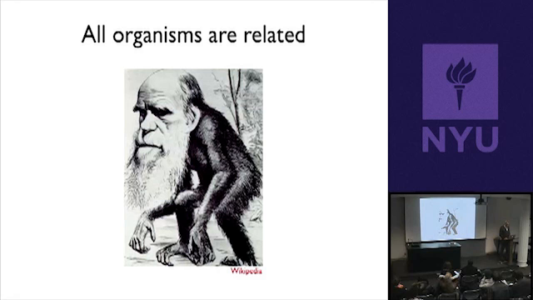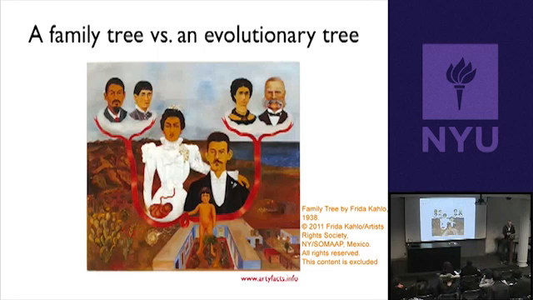And I want to explain this concept of an evolutionary tree more, and I want to tell you about how we actually decipher evolutionary relationships using biological information. But before I do that, I first want to clear up what's usually a source of confusion for people when thinking about an evolutionary tree. And that is that it's different from a family tree.